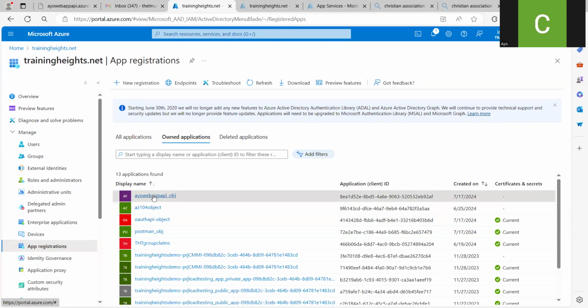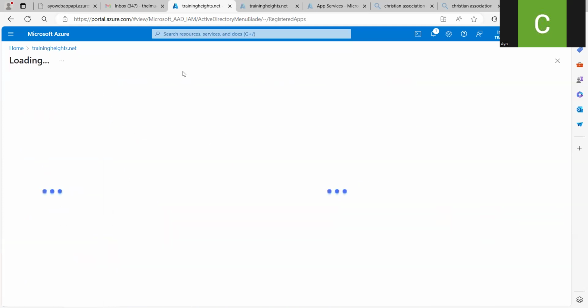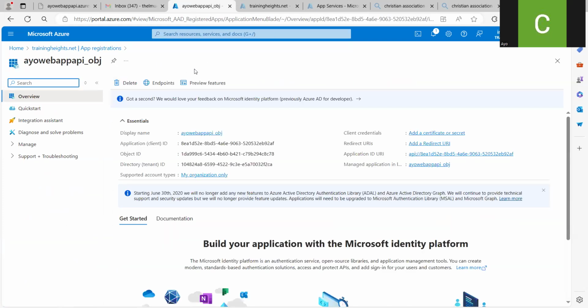Why can't I right click? Okay, let me just click. Yeah, this is the application object that was created for the web API. That's the application in Visual Studio. Then what we'll do is